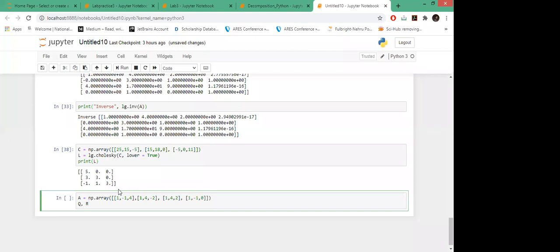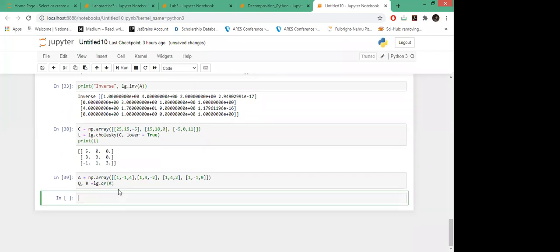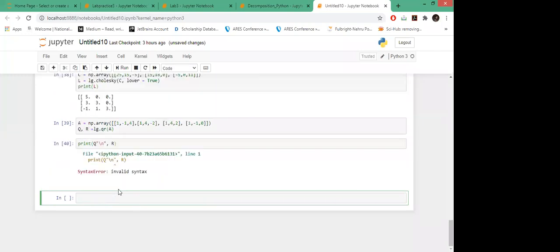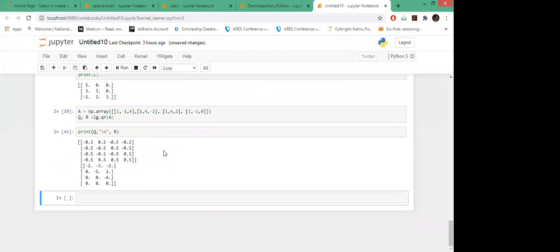We will call this QR function, which is predefined here. QR, pass the matrix A. This is Q and we will put R. So you are getting your matrix in Q and R form. This is your Q matrix, this is your R.